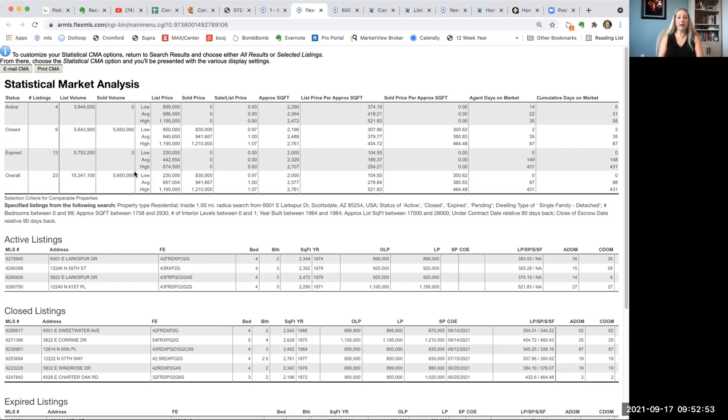We also have the ability to see what's expired. Sometimes the expireds give us a clue into what was overpriced. In this case, not really, which is interesting. You can see that the list price of those expired listings is significantly lower. The likelihood is that those properties, given the age of that area, were probably outdated, probably not very appealing to the general market, and therefore were going to be properties that either needed a complete renovation